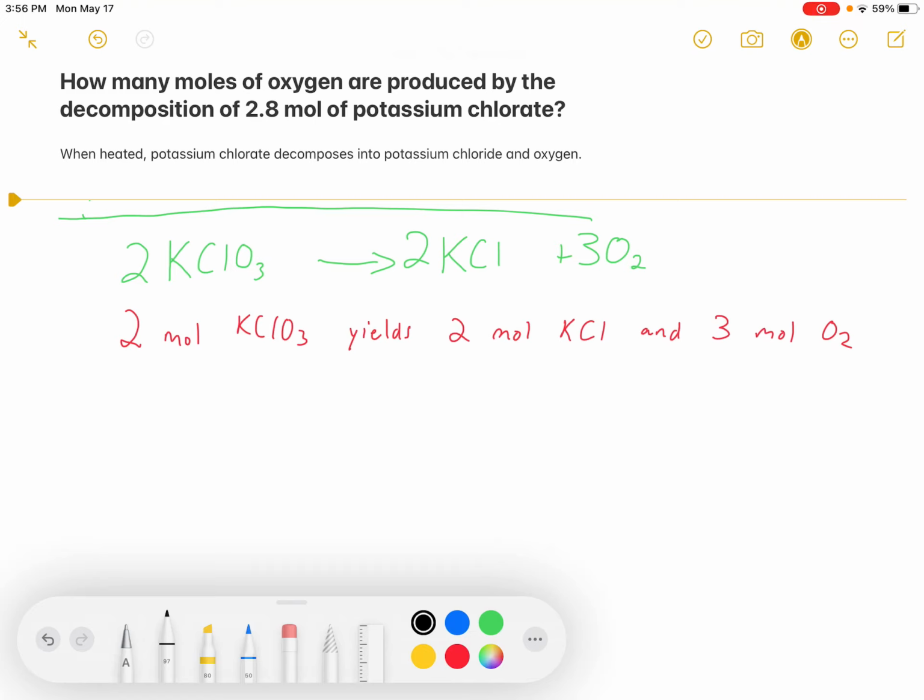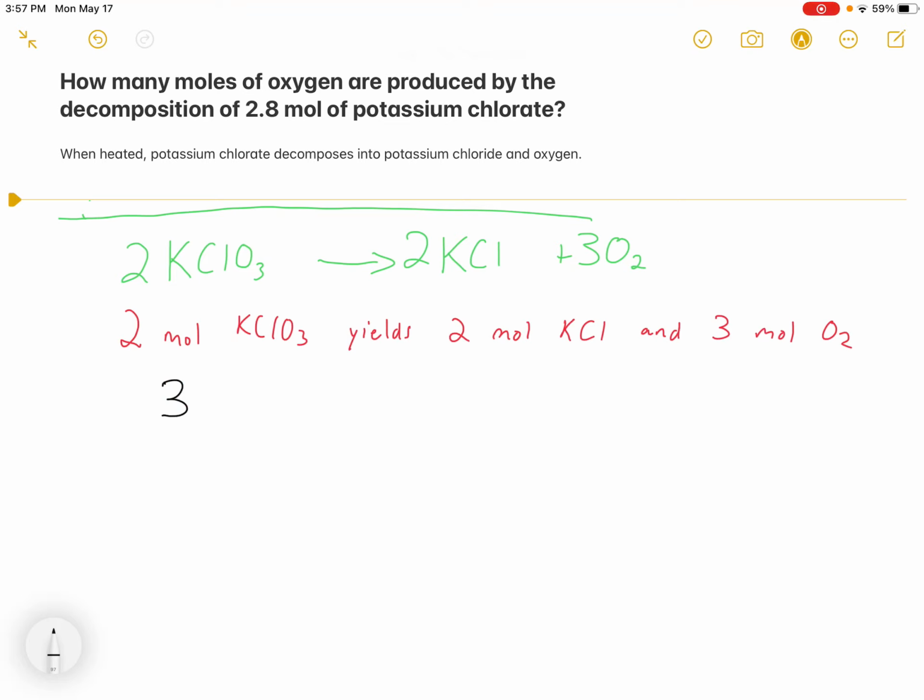And then, you would just know that you would have an equivalent proportion. So you might be able to arrive at the answer of 4.2 moles simply by inspection. But another way that you can always set up these kinds of problems is to simply set up your proportion first. So we know from this reaction that there is 3 moles of oxygen produced per every 2 moles of potassium